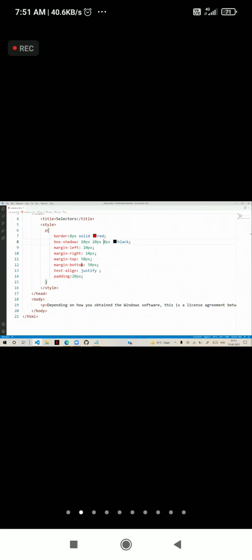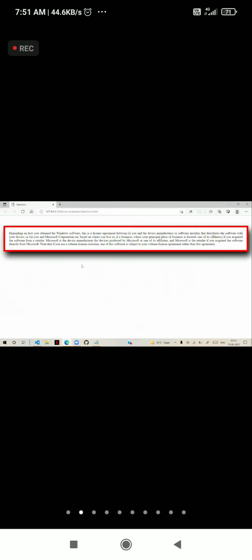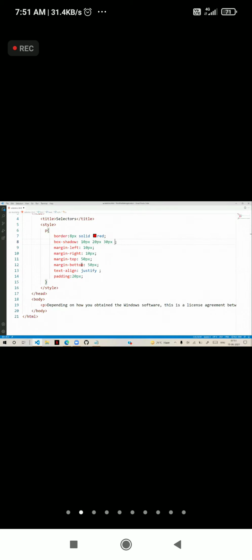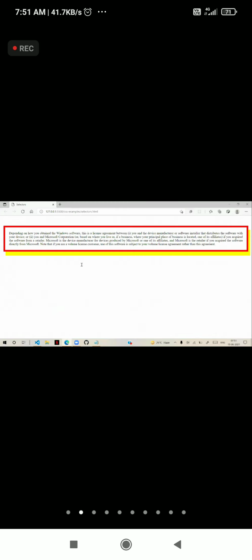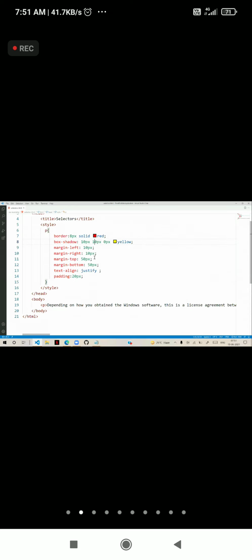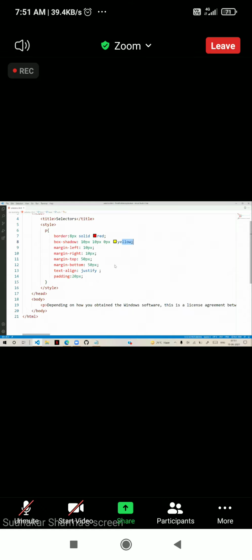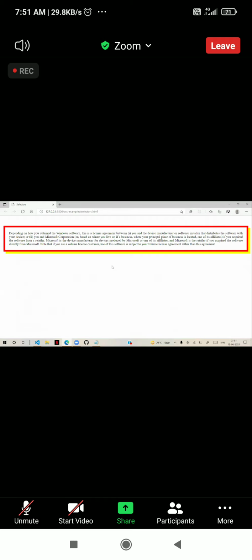So you give suppose 30 pixel, you see it will be blurred with any color I give here, as yellow. So that means the yellow border will be blurred there. I want a solid yellow, then I will just give 0 pixel. So that will be 3 options actually. That means horizontal, vertical, blurriness, and which color box shadow we want. So that you have to define by using border. So that is with the help of shadow, you can configure it.